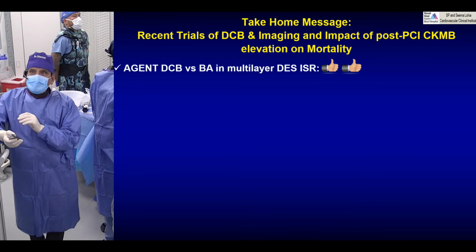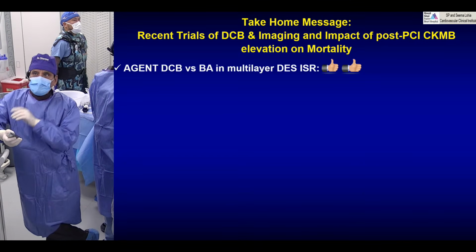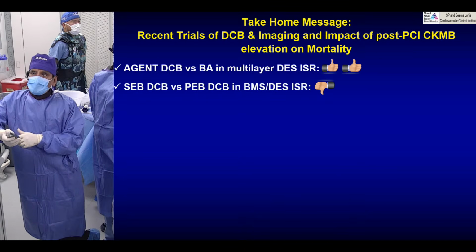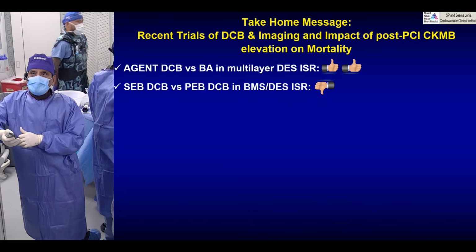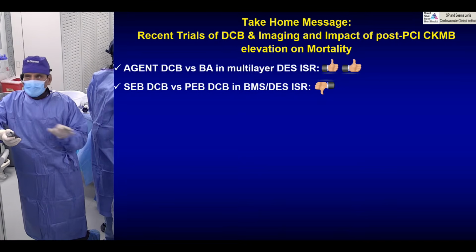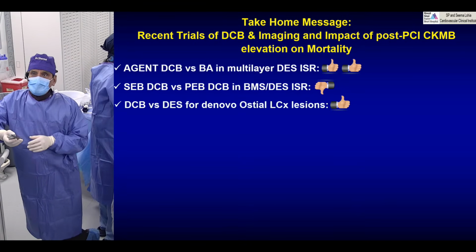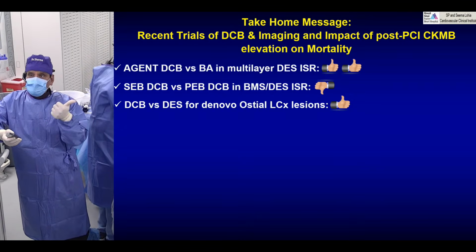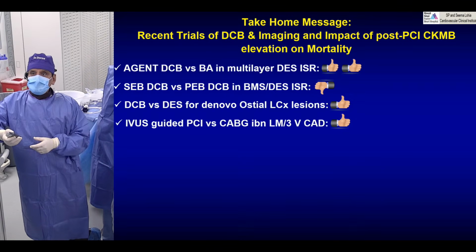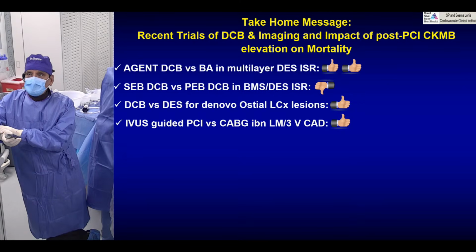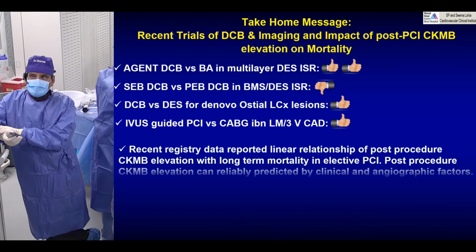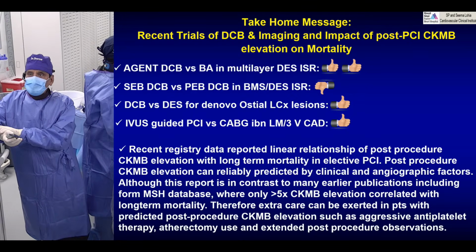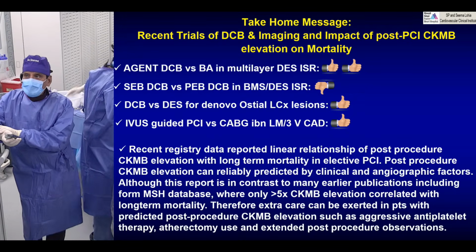So just to sum up, agent DCB versus balloon angioplasty in multi-layered DSISR gave even much better outcome compared to single layer. Then the sirolimus eluting DCB versus paclitaxel kind of failed, did not meet non-inferiority. The DCB over DES for de novo ostial circumflex lesion looks good. Actually, very interesting. Then IVUS guided PCI versus CABG in left main 3-vessel disease: yes, thumbs up. Then lastly, the recent registry data reported a linear relationship of post-procedure CKMB elevation with long-term mortality in